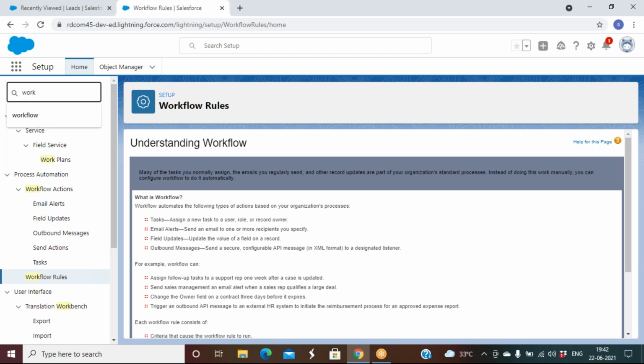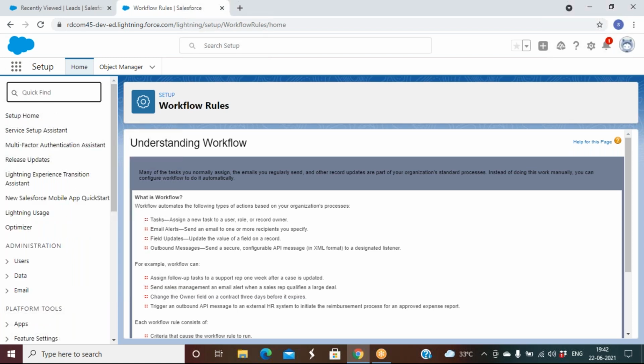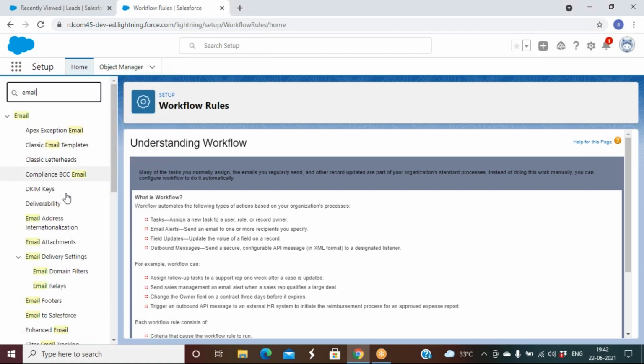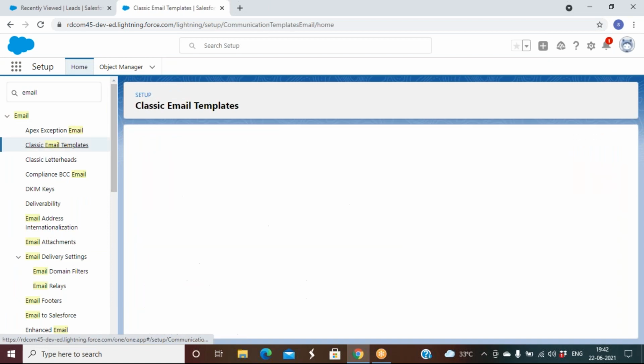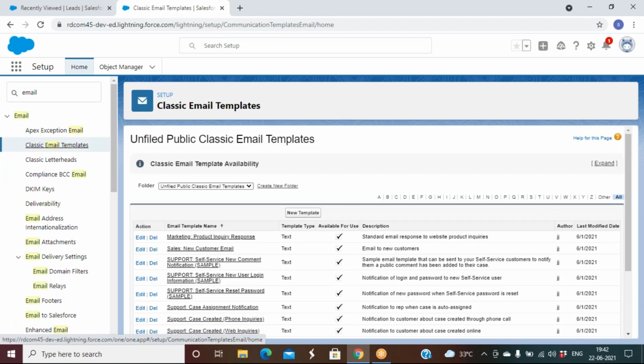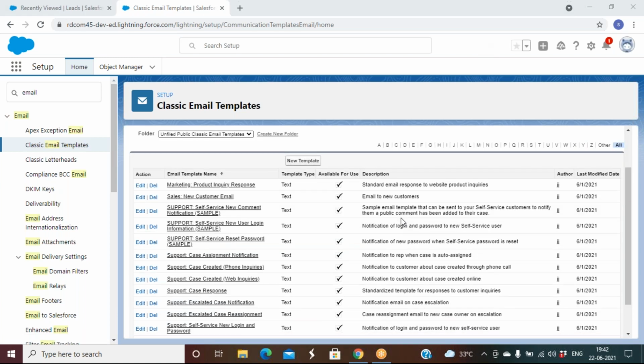Before we write a workflow, just check do we have any email template. Okay. So we have a lot of email templates here.